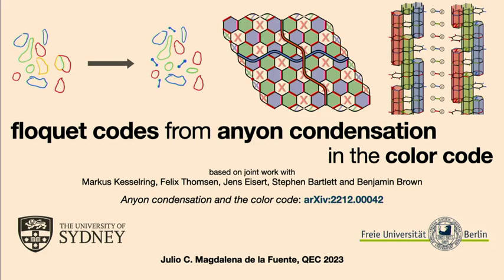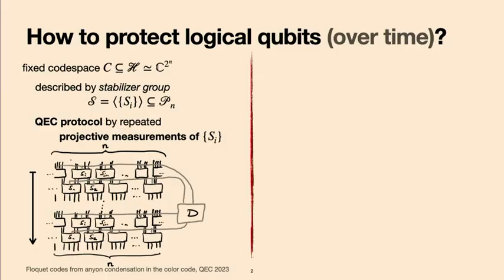Before I start with how anyon condensation is described in stabilizer models, and in particular in the color code, I want to make a comment on how we think about storing logical qubits over time. Traditionally, people thought mostly about encoding a logical state into some fixed code space described by a stabilizer group, and then the associated error correcting protocol is defined by projectively measuring onto some generating set of the stabilizer group. And you might need to repeat this over time, but the key thing is it's the same stabilizer group, same